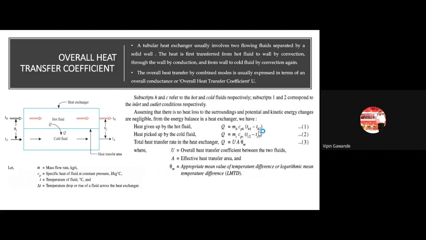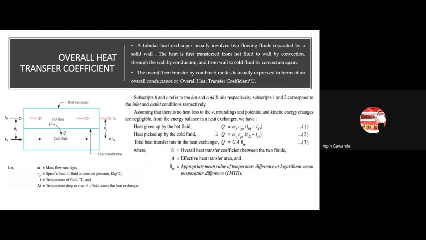If this is a cold fluid, then Q is equal to what? The general formula is mCp delta T, now you put c here, c is for cold fluid. So mc Cpc, and what is the temperature difference here? Don't take Tc1 minus Tc2. Be careful here, because the initial temperature is Tc1 and the final temperature is Tc2. The higher temperature is Tc2, so Tc2 minus Tc1. While in the case of the hot fluid, the inlet temperature is higher and the other is lower, so Th1 minus Th2.